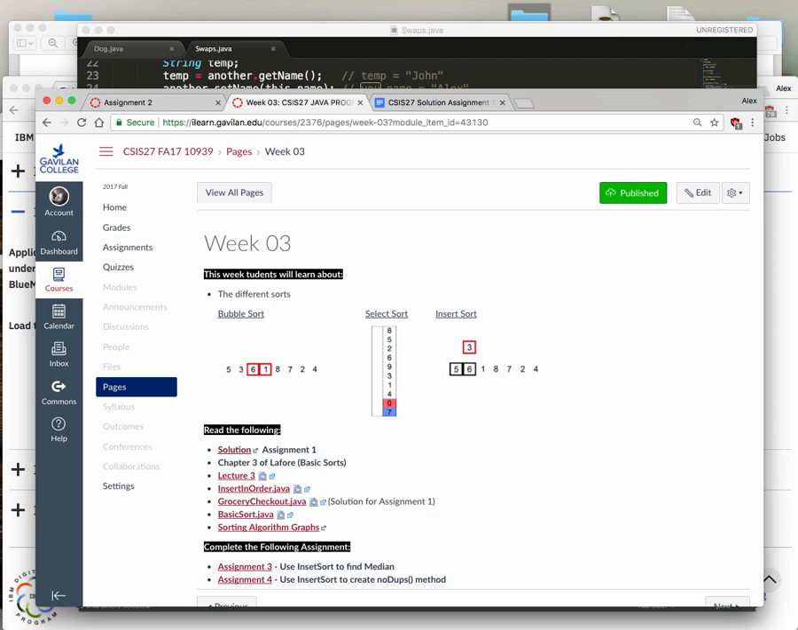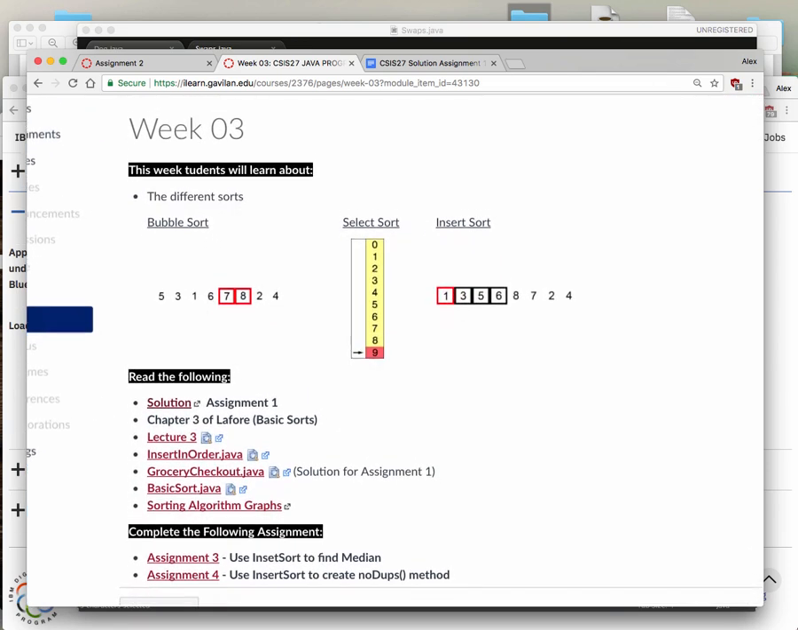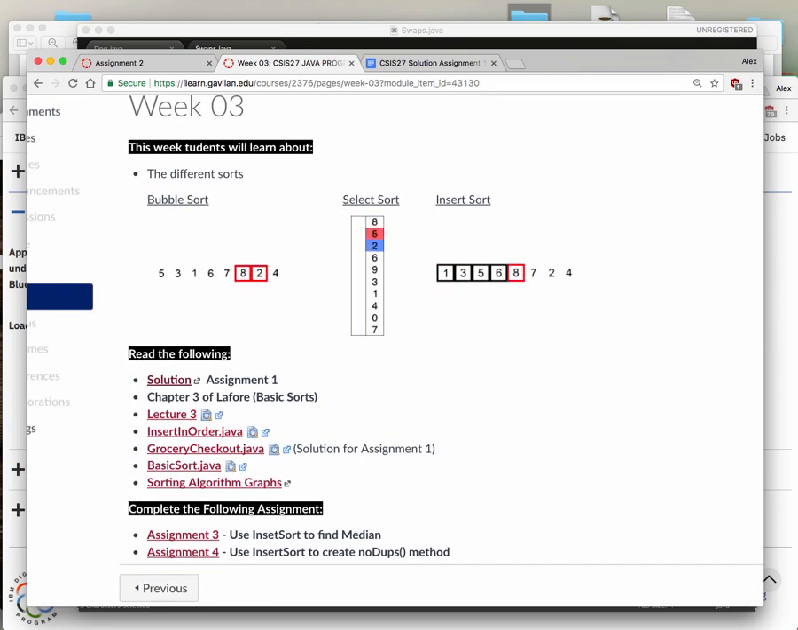Now week 3 talks about sorting. I'm following this book pretty much word for word, as close as I can, because it's awesome. There are different sorting algorithms, and I like these pictures in here so that you can see how it works. The bubble sort